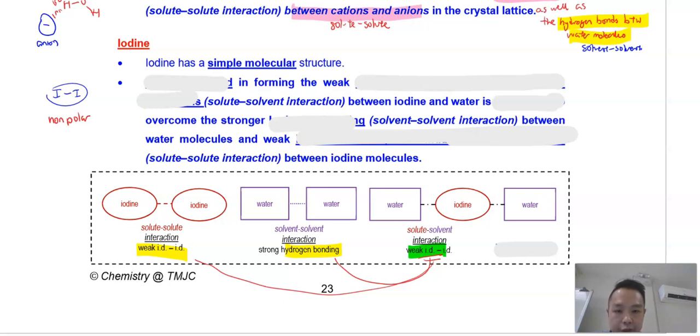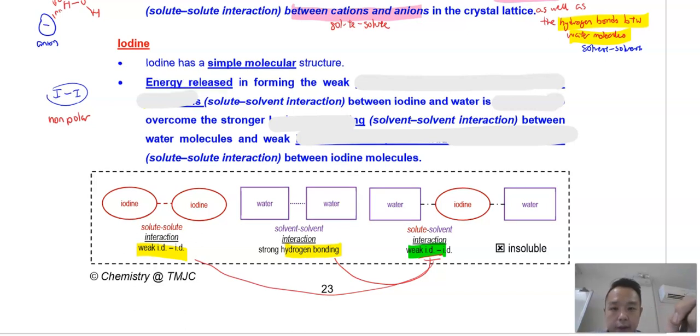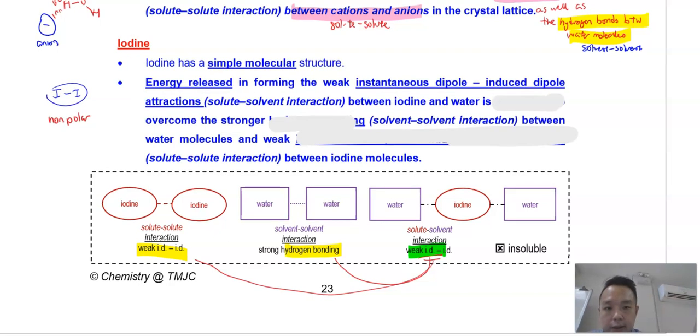It's not going to be sufficient to overcome hydrogen bonds between water molecules, and that's why you expect it to be insoluble. So let's take a look at the answer. Energy release, again we're looking at the solid-solvent interaction. In this case, since iodine cannot form hydrogen bond with water, you only have a weak ID-ID solid-solvent interaction. And I hope at this juncture you are also asking yourself why iodine cannot form hydrogen